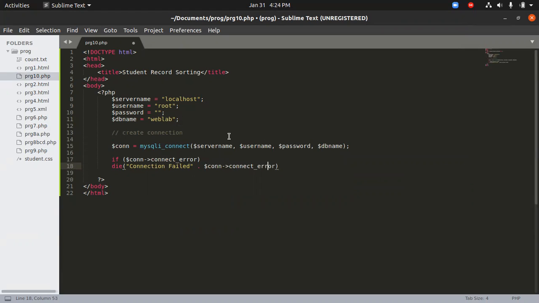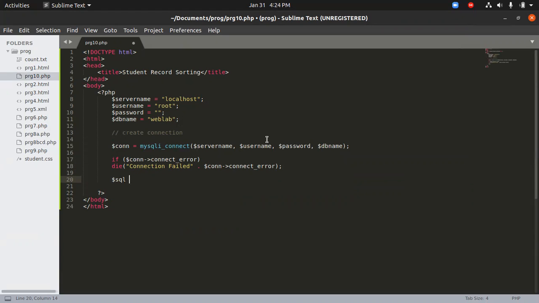So hope you guys understood till here. What we're doing here is we are initializing the connection and then checking if the connection had an error, and then if the error is there, we just want to throw that error to the user, so he knows that something is going wrong.